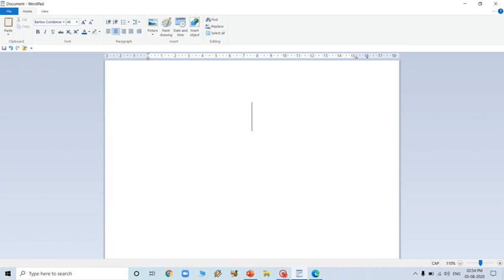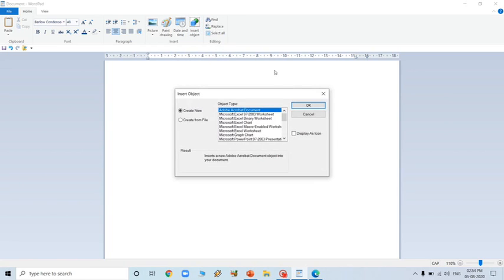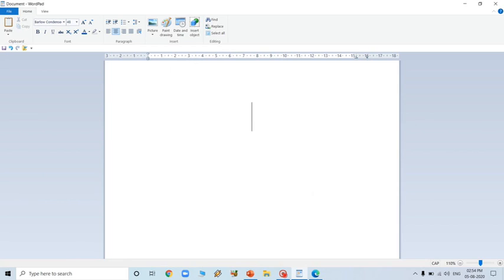A variety of things can be done in it. You can see they have also given the Paint option. You can insert date and time also. You can insert objects from other programs like Microsoft PowerPoint, or a graph chart can be added here. I hope you must have understood all this.